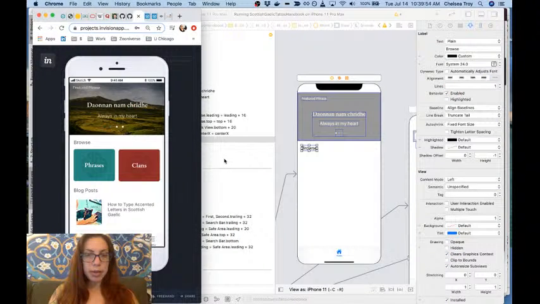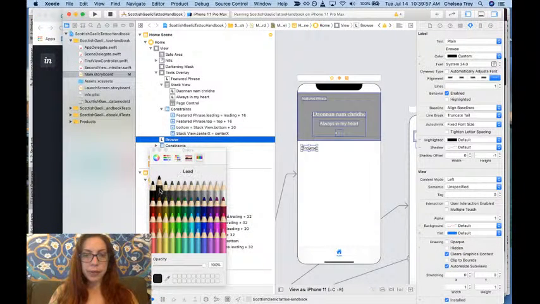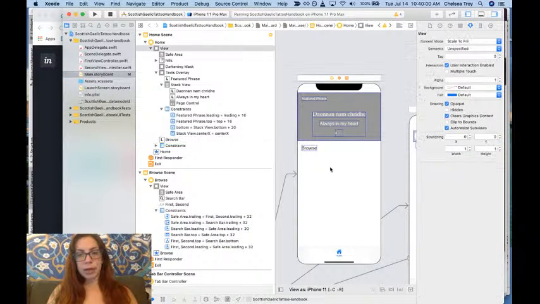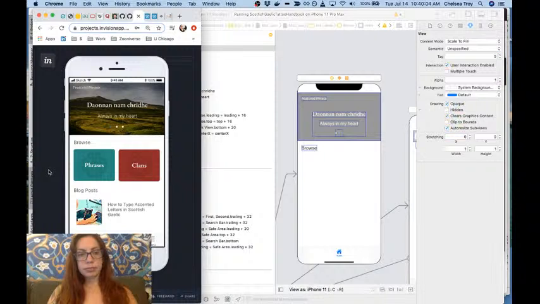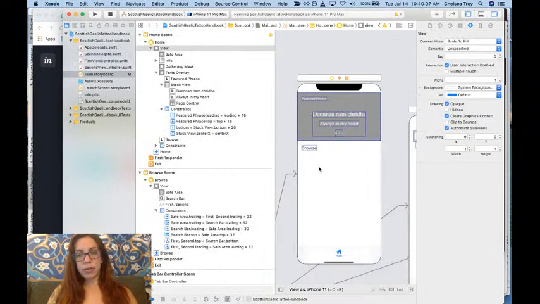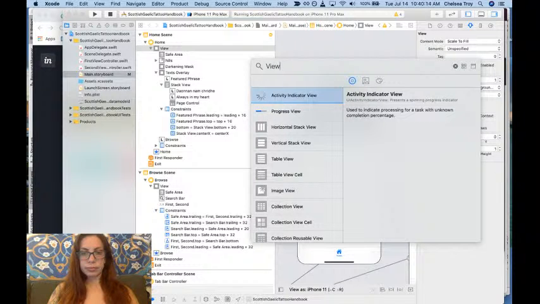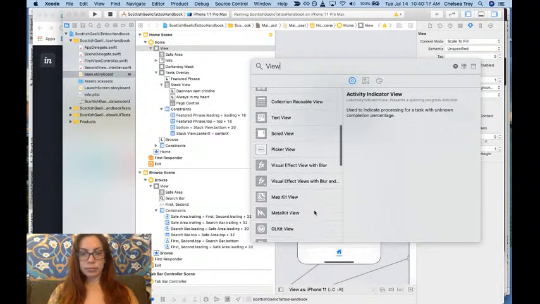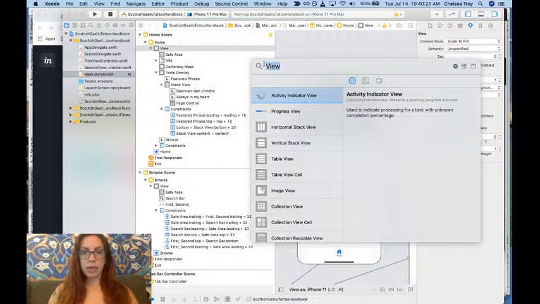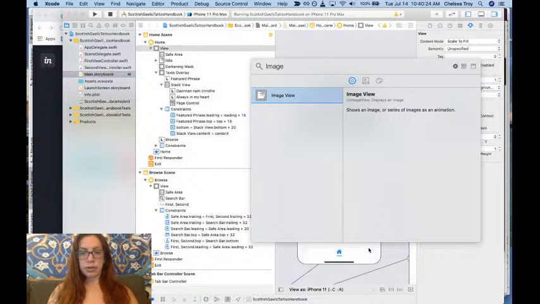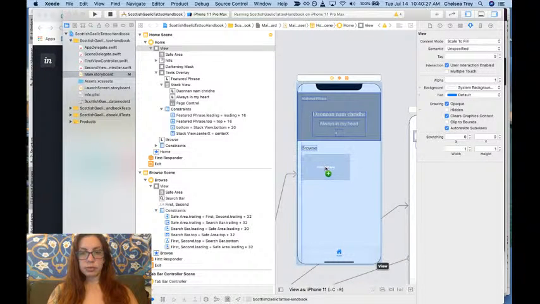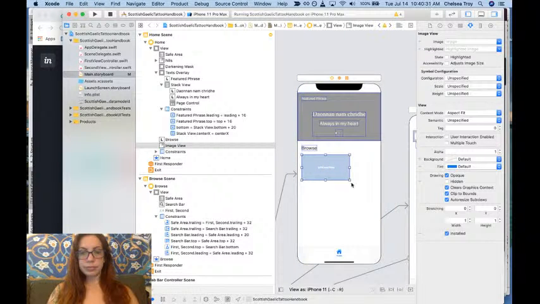I don't know. Maybe it is like a darker or like a lighter. Okay, we're going to call it on that. Browse. Then we're going to add 2 views. Let's make this an image here. And the image will be,